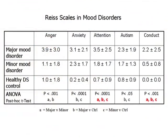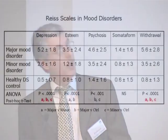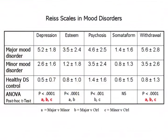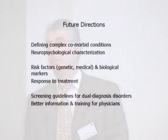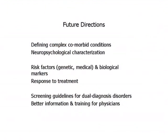We found subscales that would distinguish major mood disorder from controls, such as the anger subscale or the anxiety subscales. But these were two that distinguished all three from each other. And just to show you the other 5 subscales, the depression subscale also distinguished all three, as did the social withdrawal subscale. So, we're on our way to being able to characterize these neurobehavioral phenotypes with a little more precision